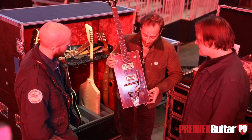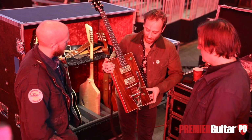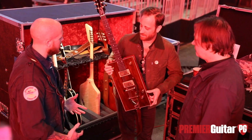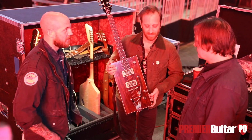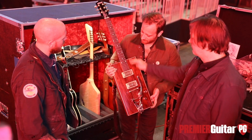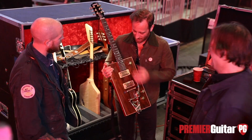And this plays really, really good too. Surprisingly good. How does that feel to have on your body? Because it is such a weird shape. It's very balanced. Comfortable. Yeah, it's pretty comfortable, as long as you don't try to play above, like, playing up G. G doesn't really